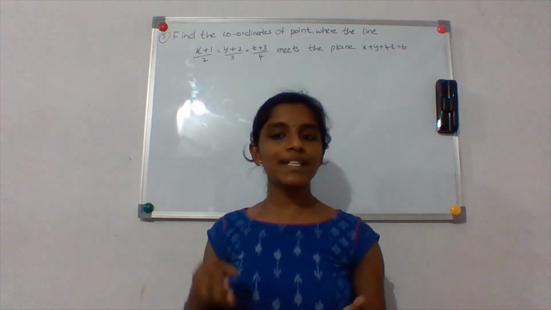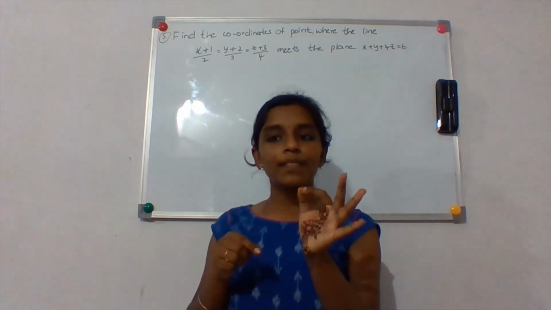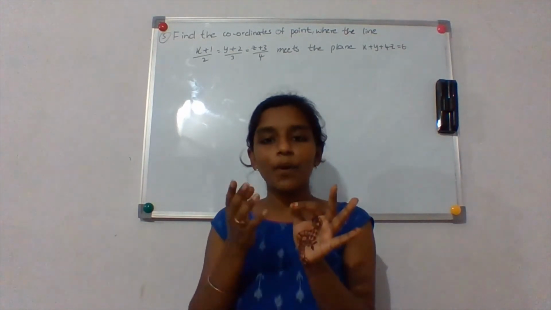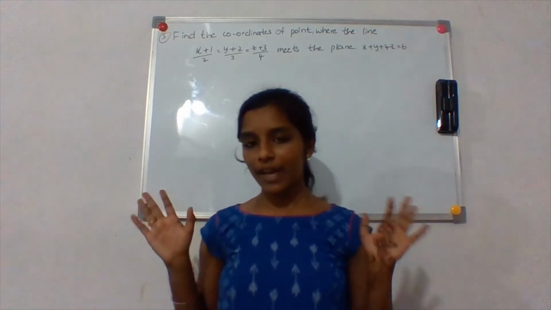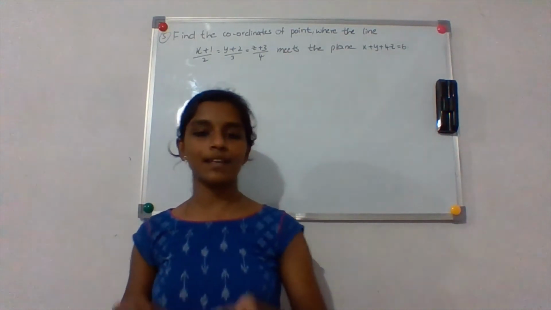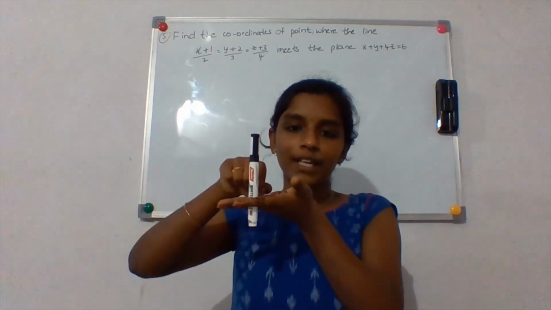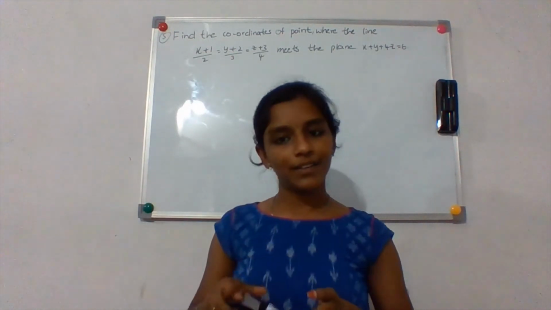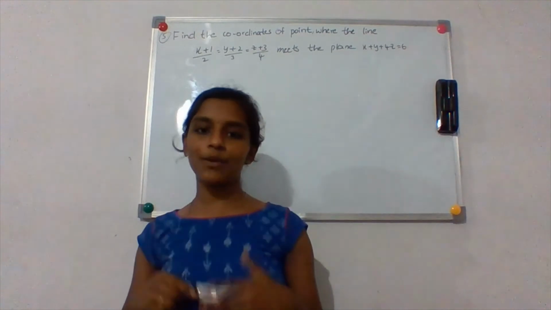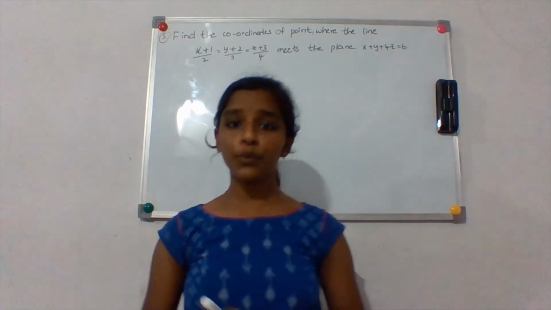The line meets, that is, intersects the plane. So we should find the point where it intersects. That is the point where it meets. So have you imagined it? It's very easy, very simple to imagine. If this is a plane, then there's a line passing like this. Now I need to find this point over here. You can imagine it in your mind, right? Well, so now let us see how we do it.